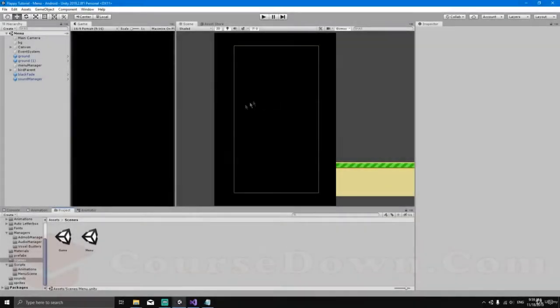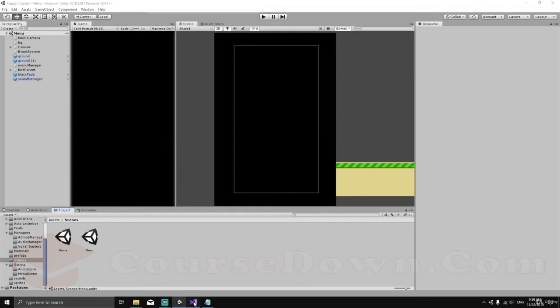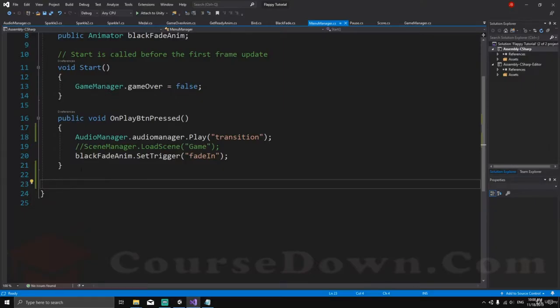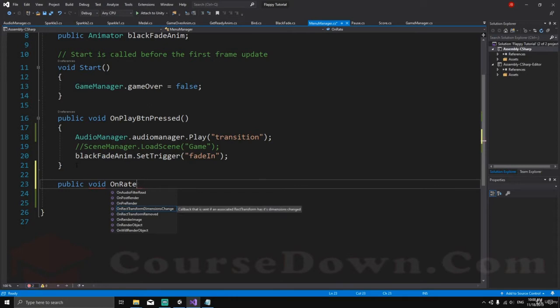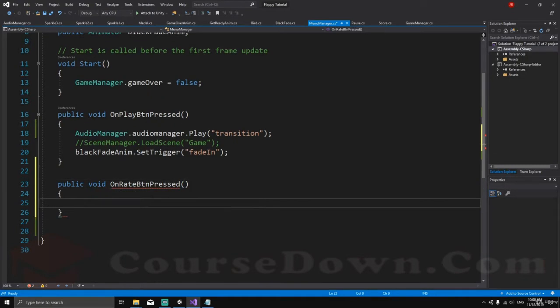Okay, so in this video we'll cover how to implement the functionality of the rate button. To do this, let's go to Visual Studio, and in our menu manager script, let's create a new method called public void OnRateButtonPressed. So when the user presses the rate button, btn pressed, like this,